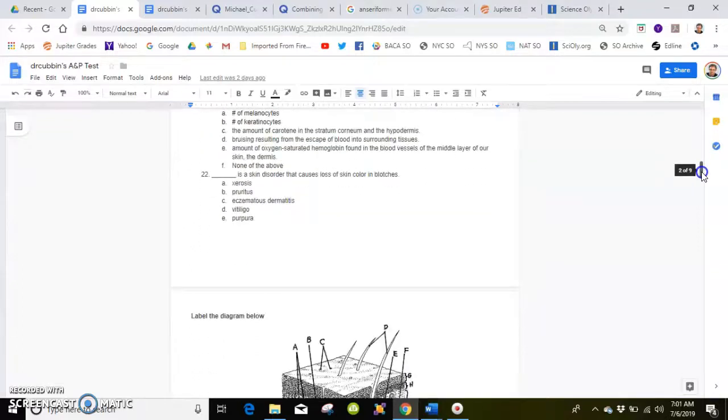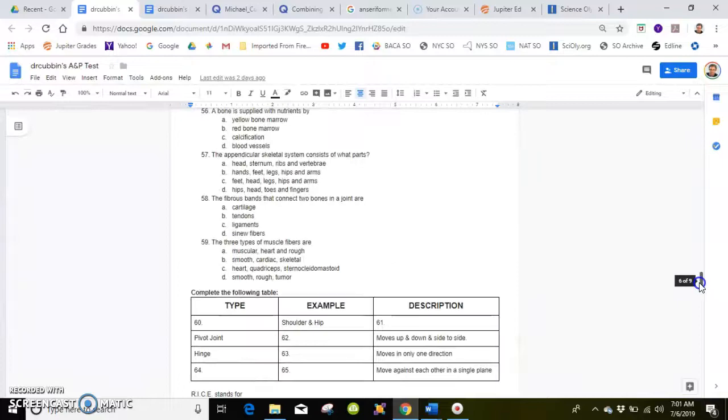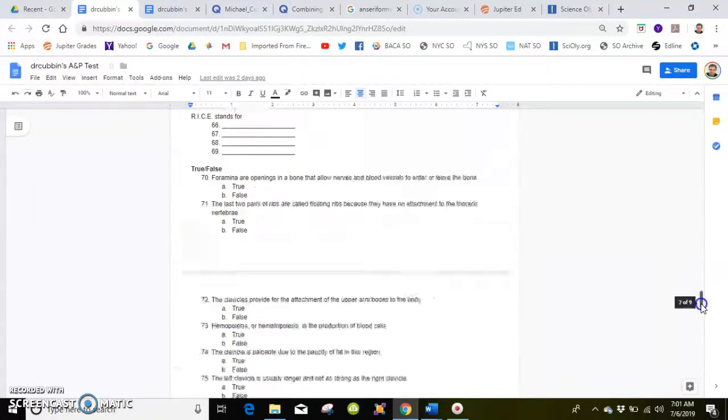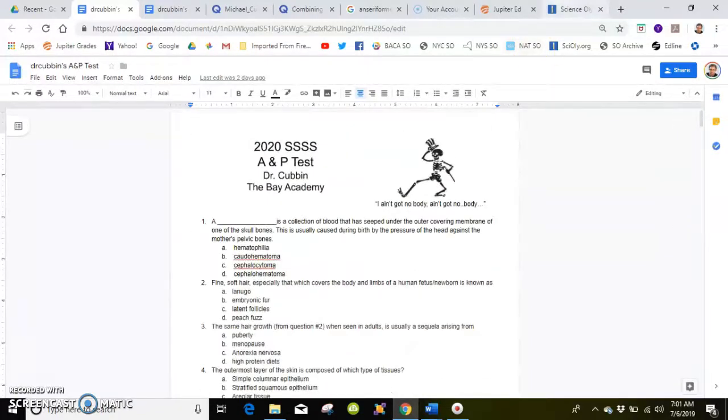My test is 9 pages, and it goes through quite a few different things. This is on anatomy and physiology, and so what I'm going to do is I'm going to come back to this, but first I want to go over to the